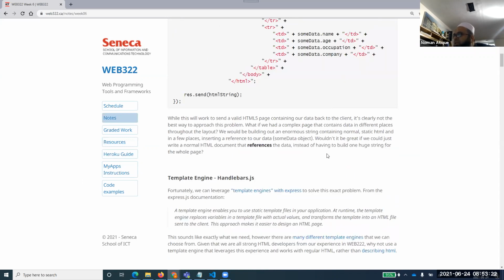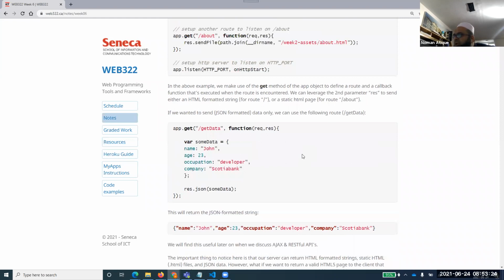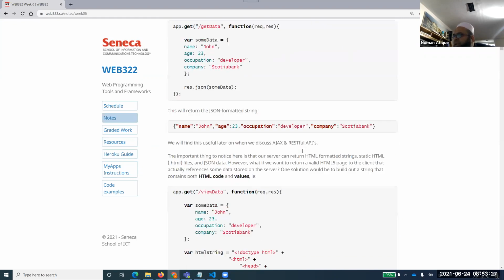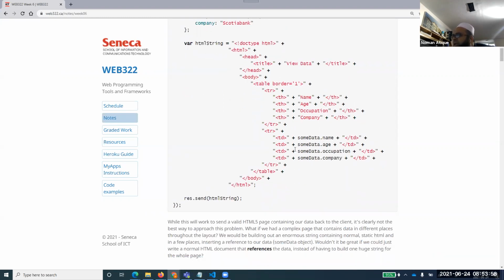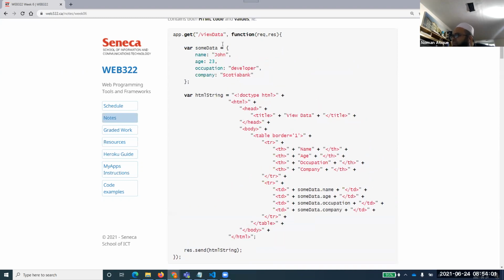What does that mean? Because you were not there in our last class, maybe you can have a look at this example. If I have to embed some data, which is the JSON data over here, into HTML, see here, Pradeep, one of the ways is to create an HTML string equal to inverted commas, doctype and so on, plus, and so on, plus. All of this is a normal HTML that I'm just trying to create. And after that, this is the main important part: here I am plugging in some data.